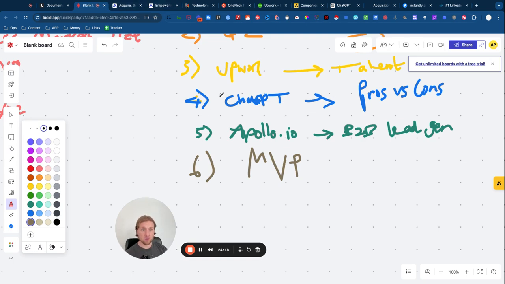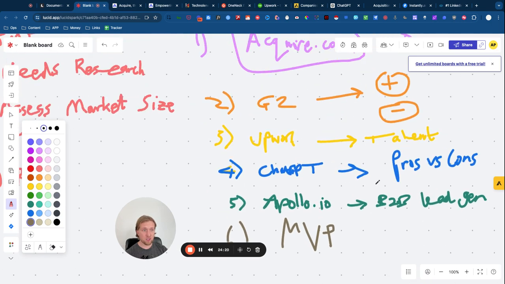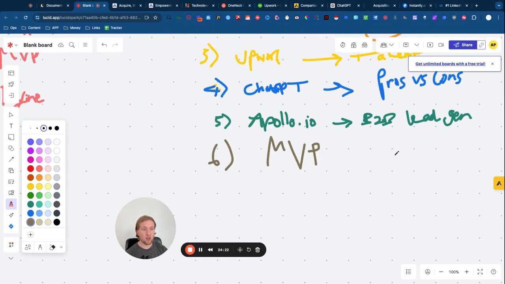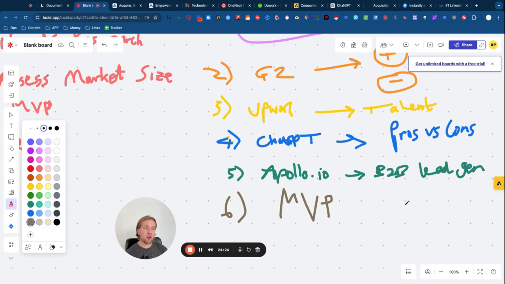So from this step-by-step process here, from every single step, 1, 2, 3, 4, 5, we know that we're at a point now where we've actually got an offer that we think is going to work, okay, from using the data and the evidence that we've actually been able to find from this process. But now we need to actually test it.